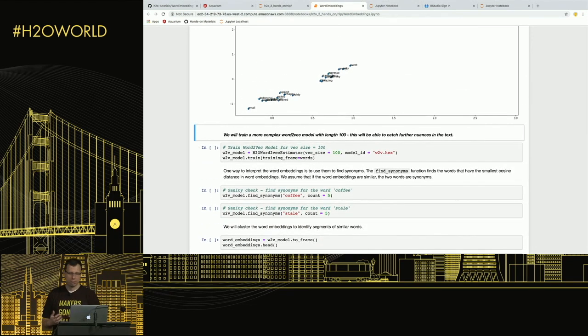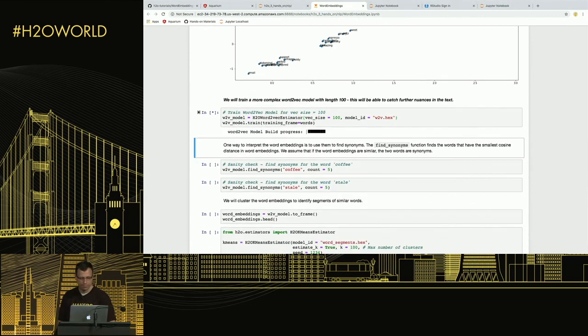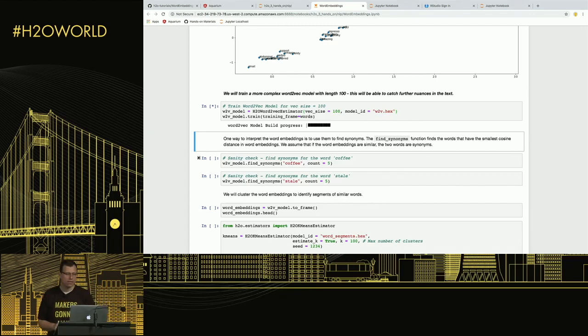So this was just a toy example, a two-dimensional word-to-vec embedding, but in real life you will use vectors of hundreds of dimensions. So that's what we will do now. And this will probably be the most time-consuming thing in this hands-on session, because we are working with a reasonably sized data set, and the word embeddings are by themselves reasonably large. Once we do that, we will have some fun with the data,